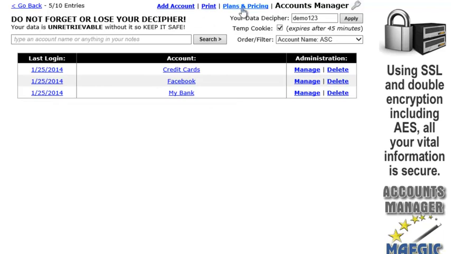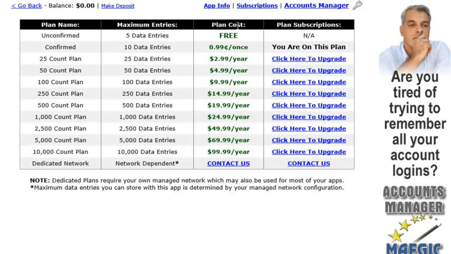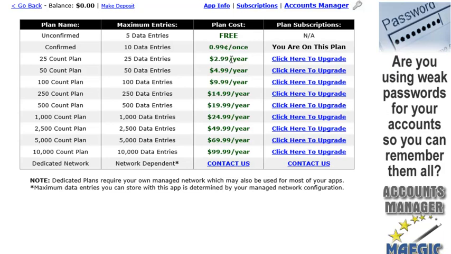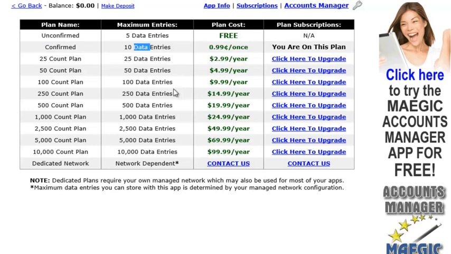So let's say you want to upgrade this. Up here in plans and pricing, this is where you can upgrade your plan. So you click on that and it's going to show all the plans. This may be different. I might change this since I'm just launching this now. But this is where you will see that my account is confirmed, so I am on the confirmed plan, and it allows me 10 data entries. So let's say I wanted to upgrade this. I would just click on, say I want to do the $9.99 a year,